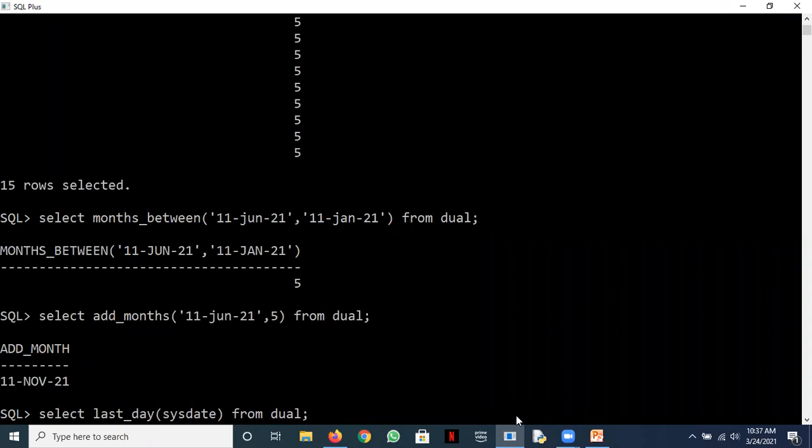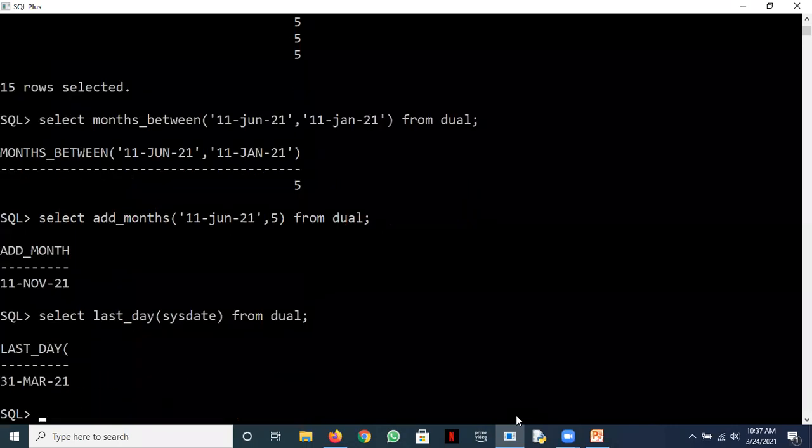This will display the last day of the month which is there in sysdate. The month in sysdate is March, so this will display the last date of March. What would it be? 31st March. Okay, this is the last_day function. Kindly note it. last_day picks up the month from the sysdate and displays the last day of that month.